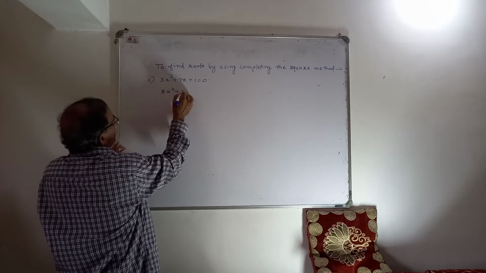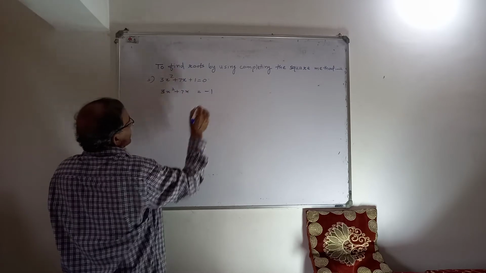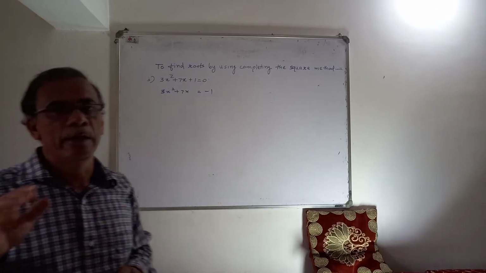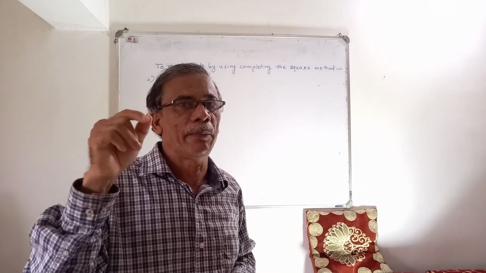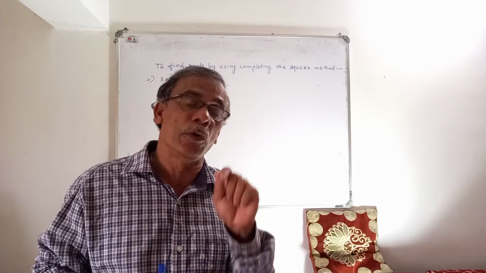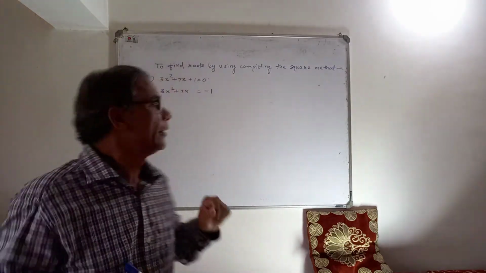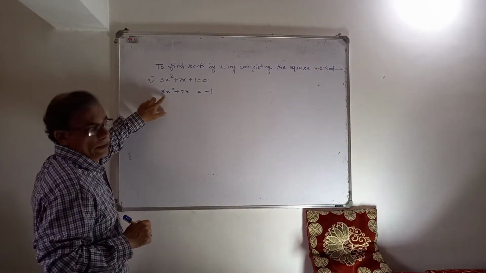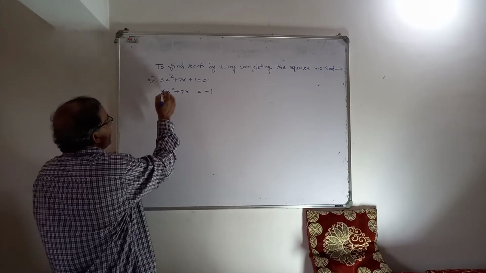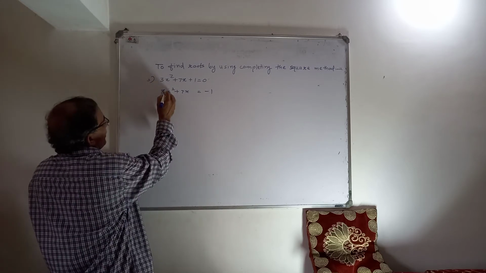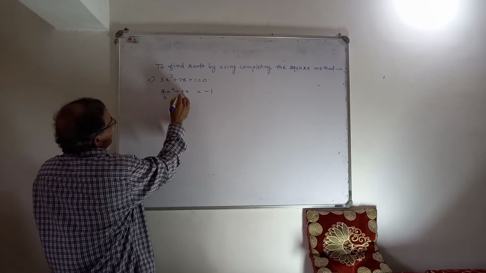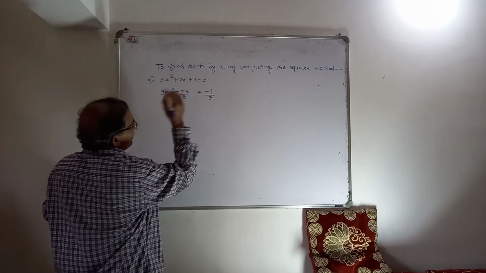3x square plus 7x is equal to minus 1. Now we have to calculate the third term. Our procedure is that it is equal to half into middle term whole square. But that is the formula used only when the coefficient of x square is 1. Now here we have coefficient of x square 3. So first we have to remove this coefficient of x square. To remove it from 3x square, naturally what do we have to do? Divide by 3, and divide each term by 3.